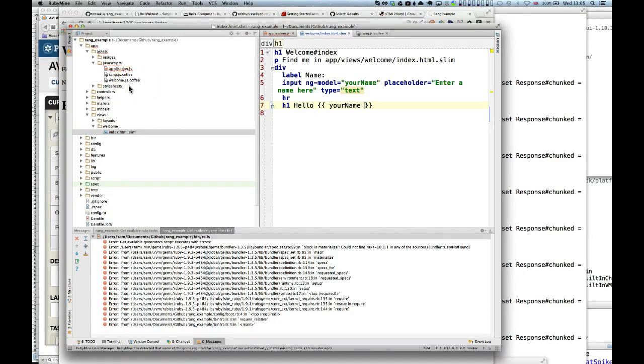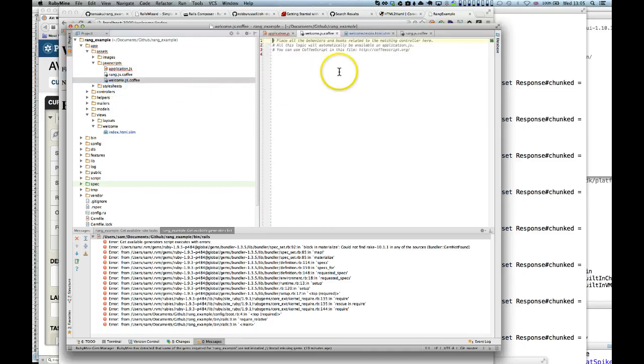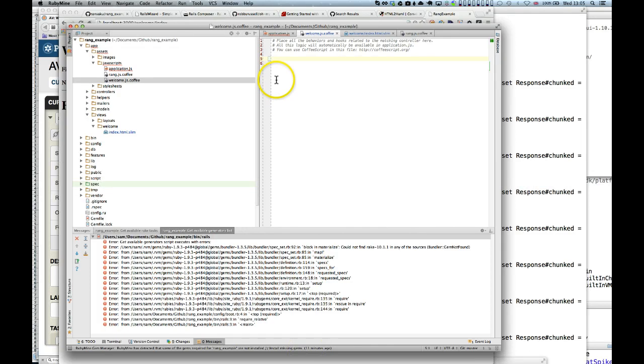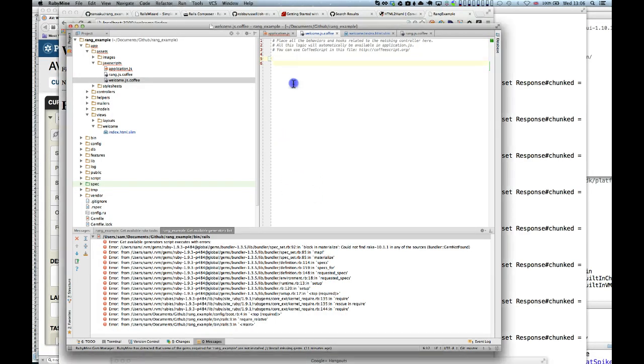So what you have to do is open, for example, the welcome.js file and create an Angular application. Like I share my screen, like line one. For example, rang example equal angular.module